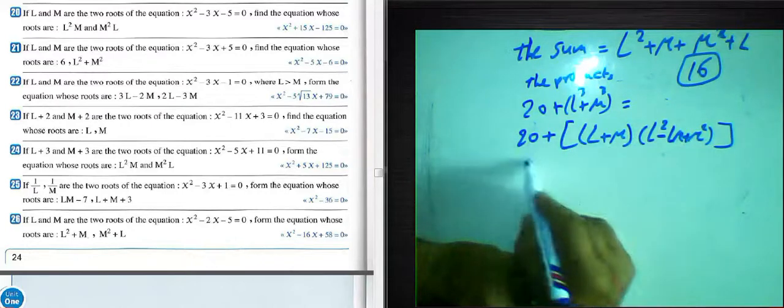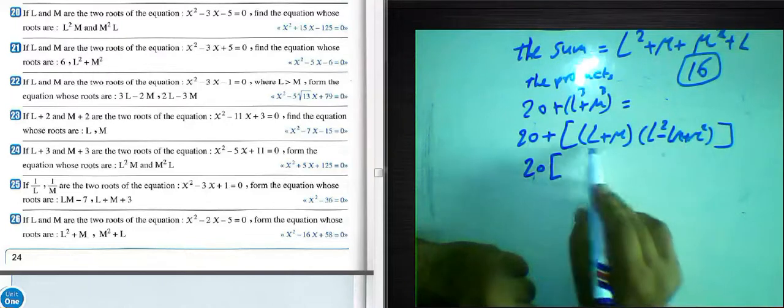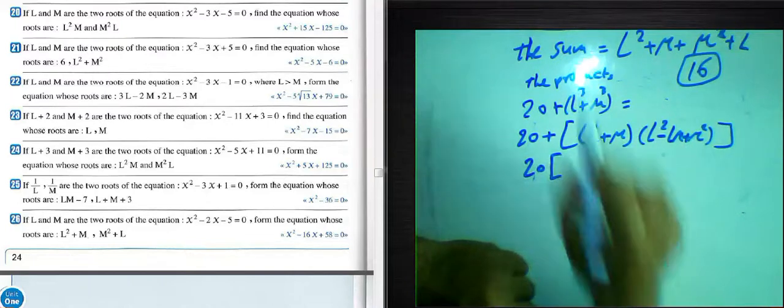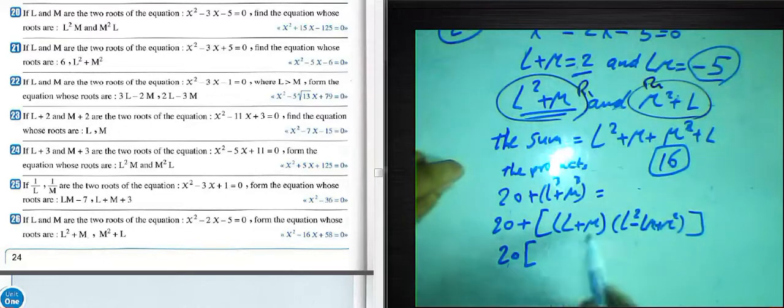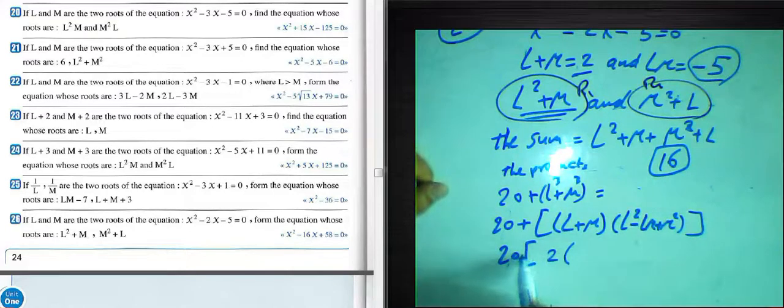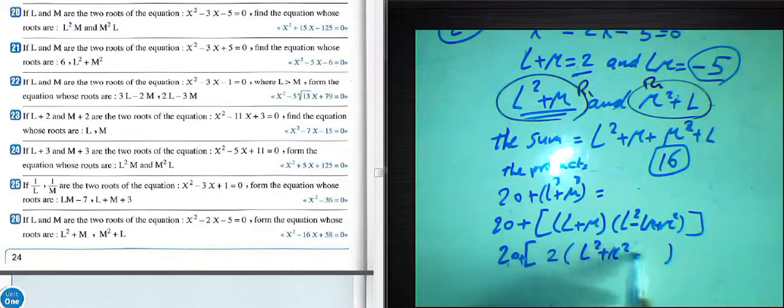L plus M, we know L plus M was 2, and L power 2 plus M power 2 subtract LM. LM is negative 5, negative times negative 5 equals positive. So we can write 20 plus